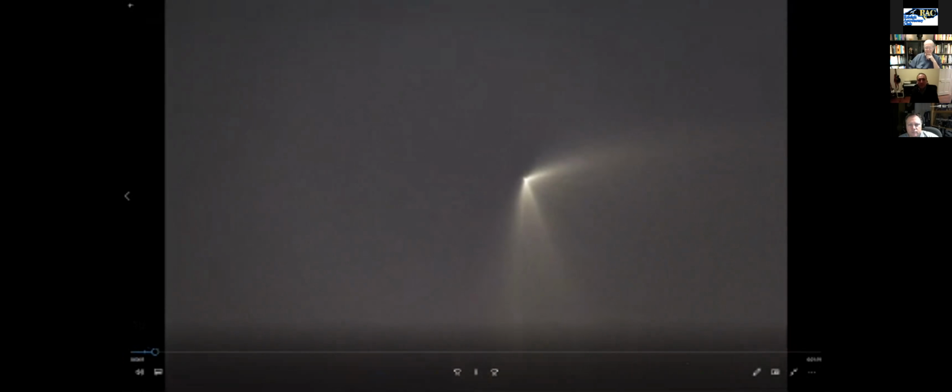Okay. This is the Atlas launch. About 20 seconds into it, there's some staging that's kind of cool. It's from my backyard, and the launch was delayed. There's the staging right there. Wow. The launch was delayed a few minutes, which was too bad because it would have been in sunlight a lot longer on the way up. But it's still kind of interesting, and that's the staging, and you'll see the two components